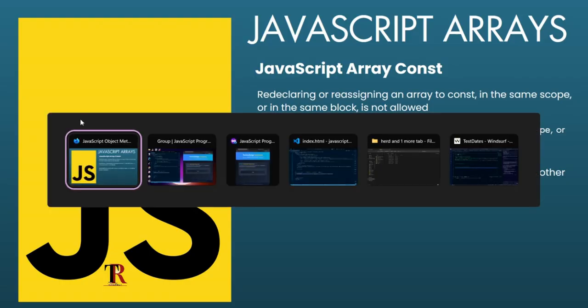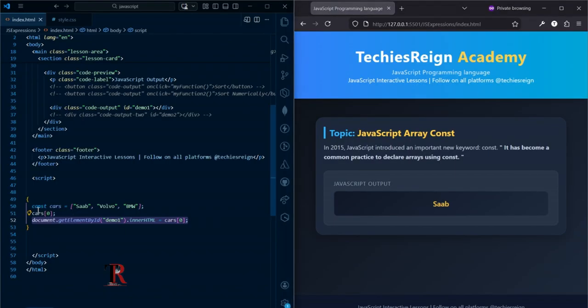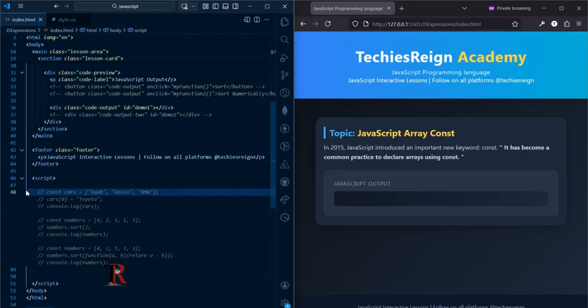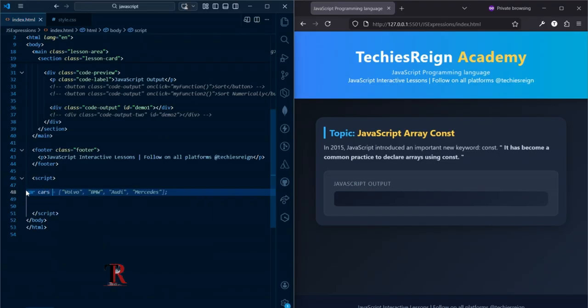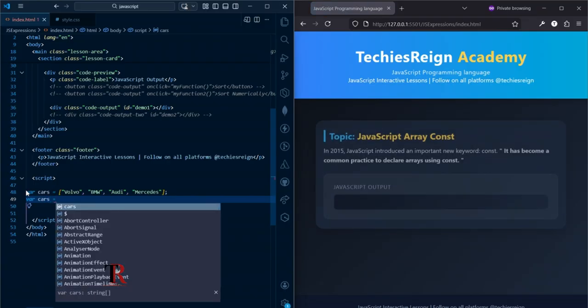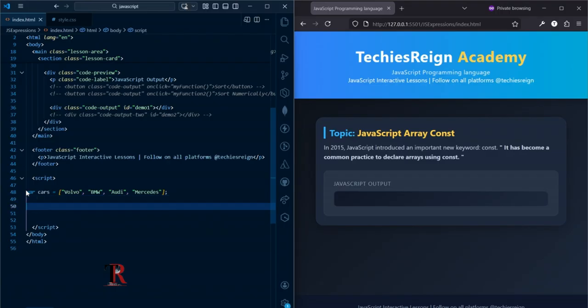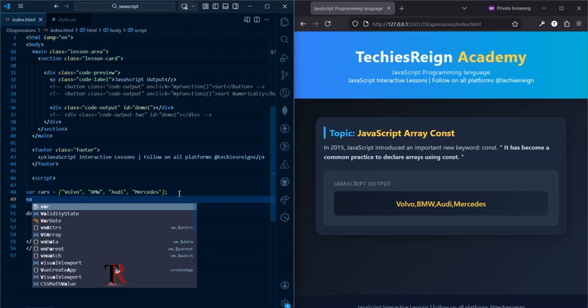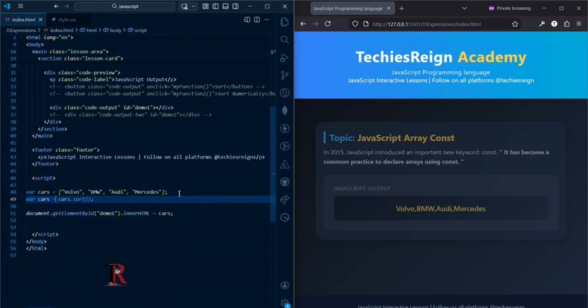Let me just pull up the code editor. Okay, I'll take this out. This is good. Now, if you use var, I want to use this as an example so that you see the difference. To make an array this way, you can decide that you want to reassign the values. But before I do this, let me show you the output so that you know we are on the same page. If you take a look at the value of my car, you see Volvo, BMW, Audi, and Mercedes. Now, if I try to redeclare the same car with var,